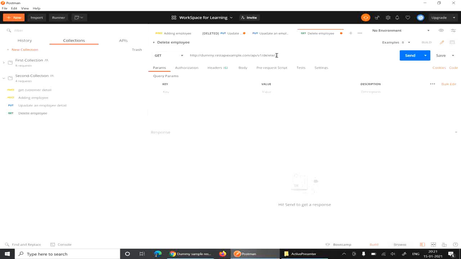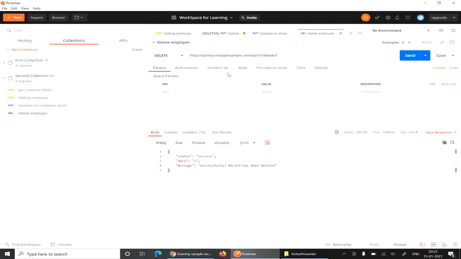So here you need to provide the ID, so you can give another ID, change the method, and click on the send button. Then you can see the response: successfully, the record has been deleted. Now we have seen the GET, PUT, POST and DELETE methods. Here we need to save it.